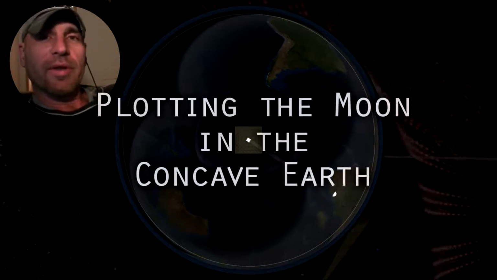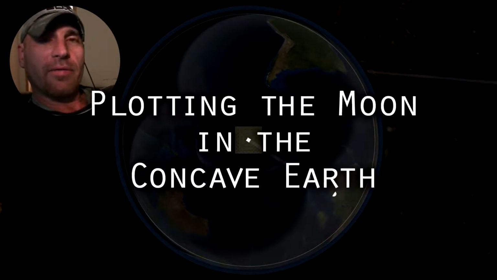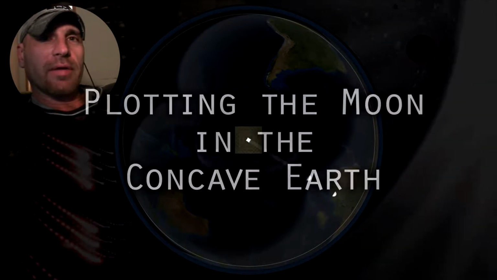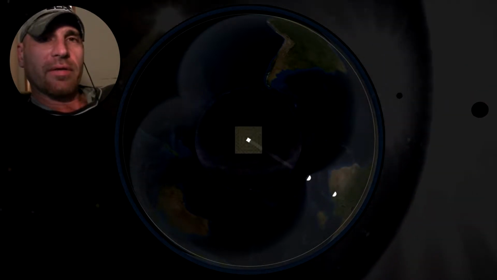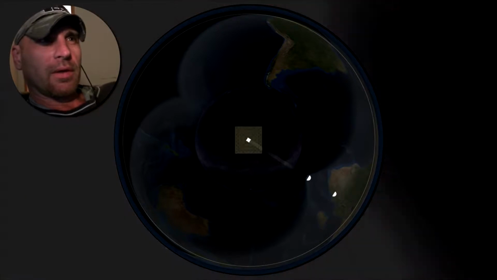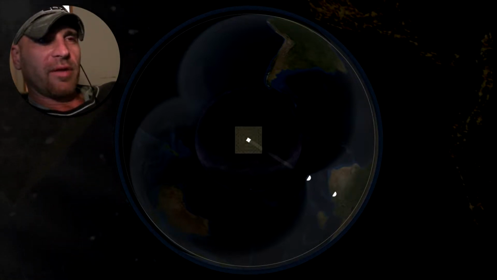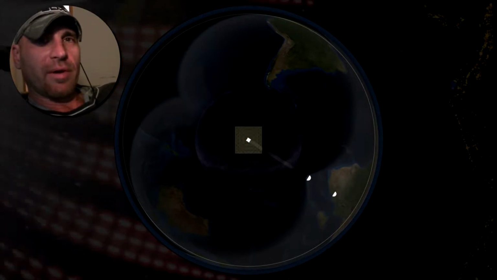Okay, plotting the moon within the concave Earth. This is a top-down view. We're looking at the celestial sphere in the center, the sun, and the moon. The celestial sphere has a pyramid in the middle, which is hidden by the dark waters and the thick clouds